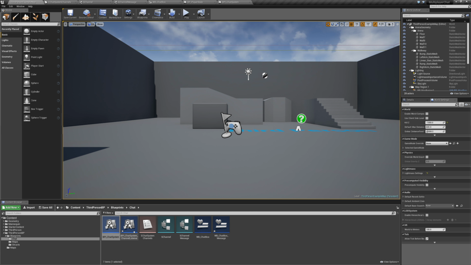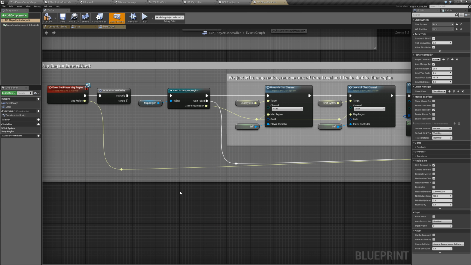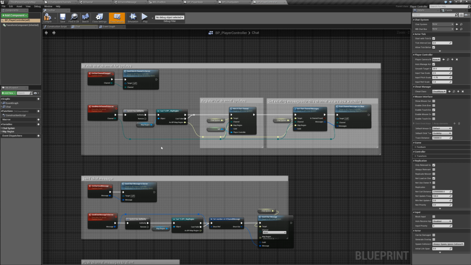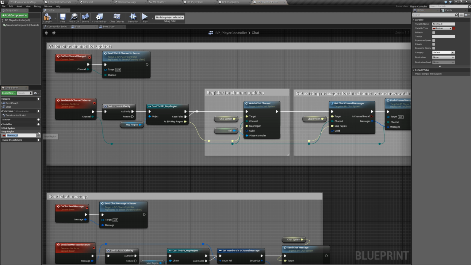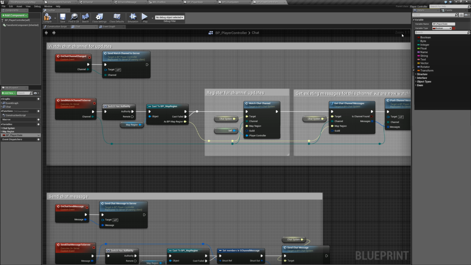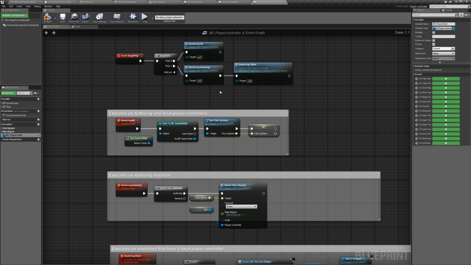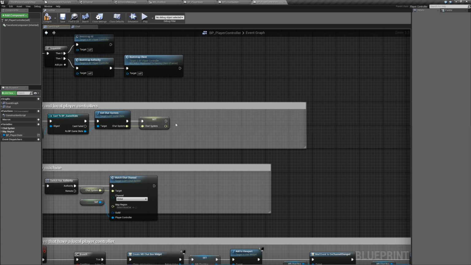We're done here. Next, let's go ahead and open up our player controller. And in here, let's go to the chat graph. We need to create a new variable and call it BP player state. We will make it private and give it BP player state object type, our player state reference. Open up the event graph really quick and go over here into Bootstrap all, make this bigger, and right